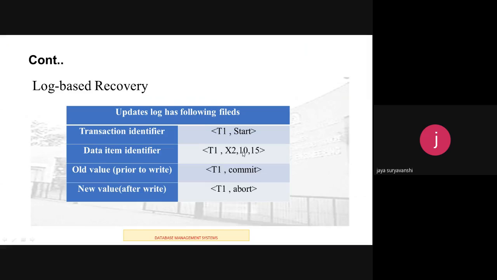And the immediate database modification technique allows storing each modification done by the transaction in the database as soon as it is done. In this technique, the database modification operation does not wait for the commit operation to be performed by the transaction. The system allows modifying the database while transaction processing is performed and not yet committed, and database modifications performed by active transactions are known as uncommitted modifications. So this way log based recovery will perform its task to recover the database whenever any failure has occurred.